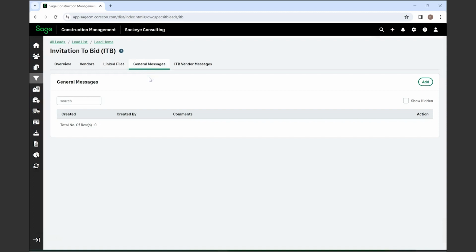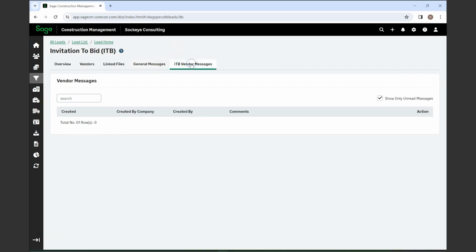General messages will house any messages that you've sent out in general about the project to your vendors and subcontractors, and then your ITB vendor messages will appear here. You can have them show only unread messages, as well as you can have them show all messages, so you can see if they're read or not. So that is your basic knowledge of the